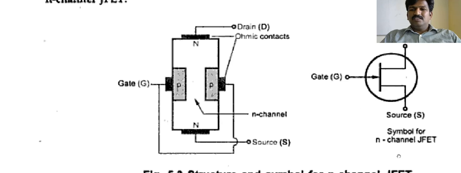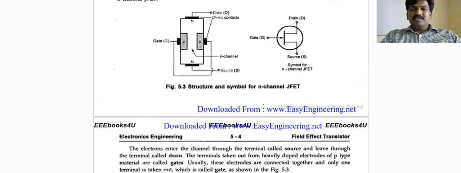How do you say this is an n channel MOSFET? This is an n channel MOSFET because the channel is created by the n type extrinsic semiconductor. Here the substrate is the n type extrinsic semiconductor. These two p types are diffused into the n type semiconductor. Then you can say the channel is created by the n only. This type of construction you can call an n channel MOSFET.